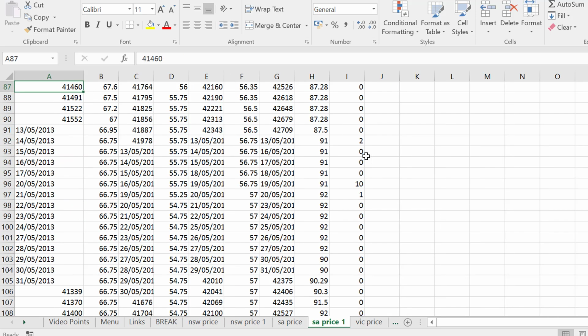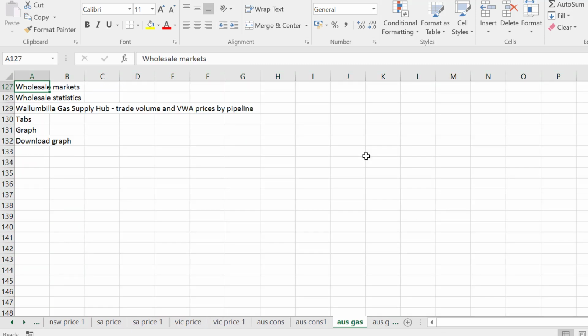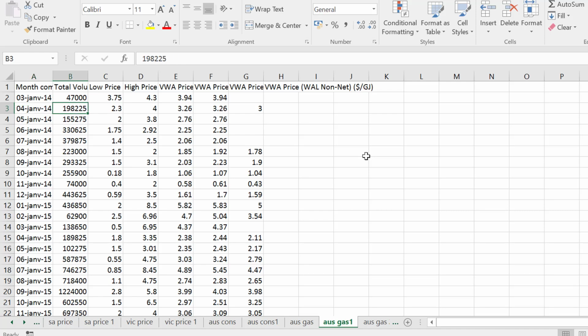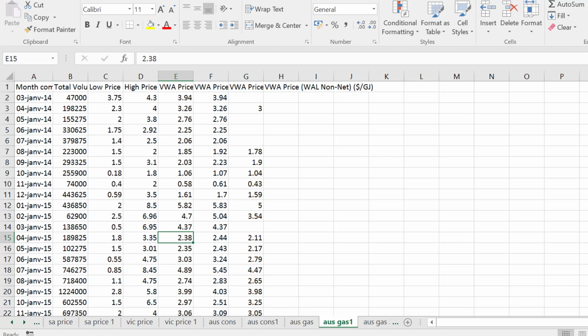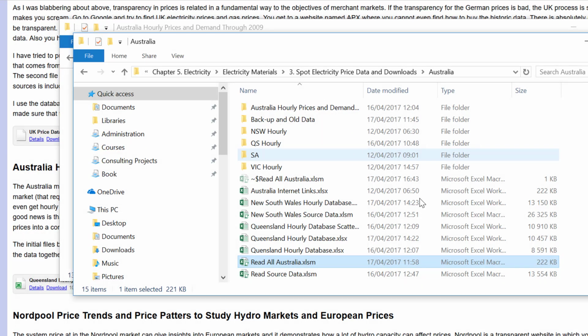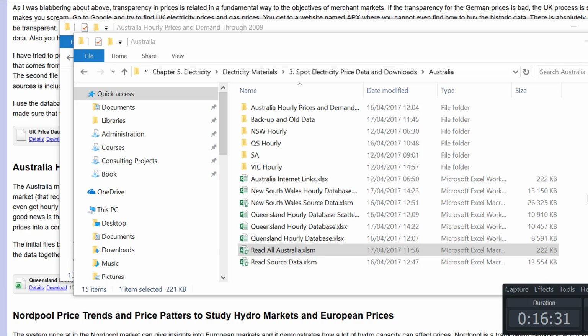But the interesting thing here is the gas prices they give you. So they give you some consumption data and some gas prices, and these weighted average gas prices are really, really low. These are Australian dollars, but they're still very low, and they didn't really look like the LNG prices in Japan. So I think I'm going to stop here. That's the Australia issues. The most interesting thing is how you can read all of those separate files in. Should have gone to the website. I'll put that on the link, and